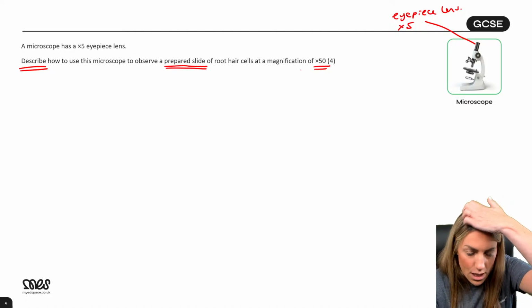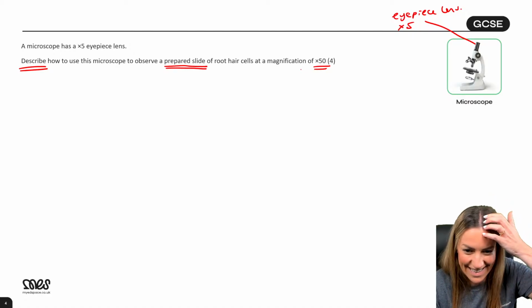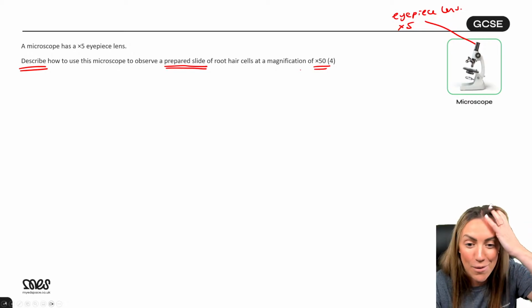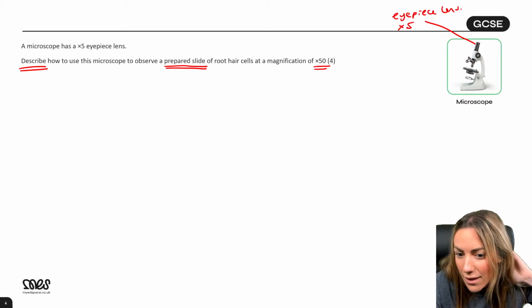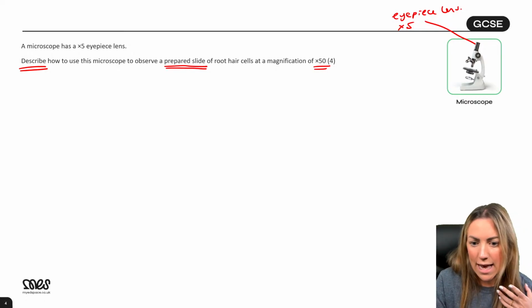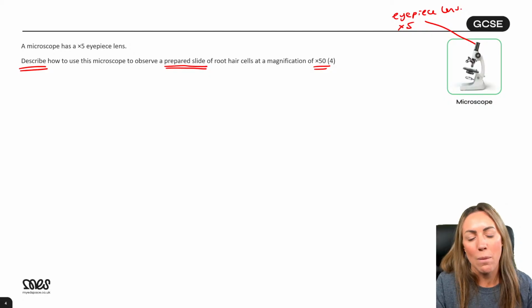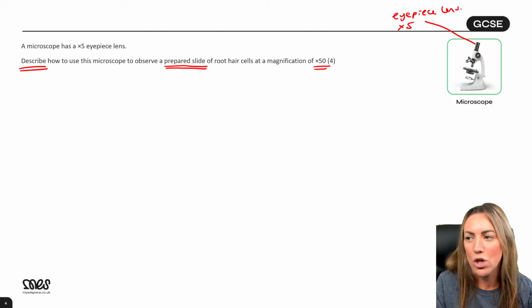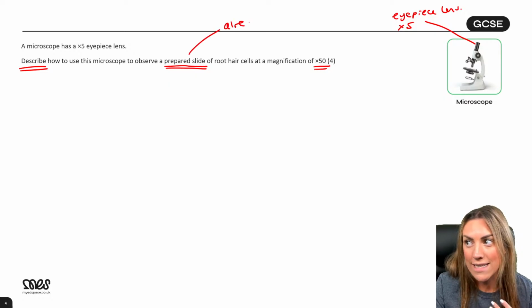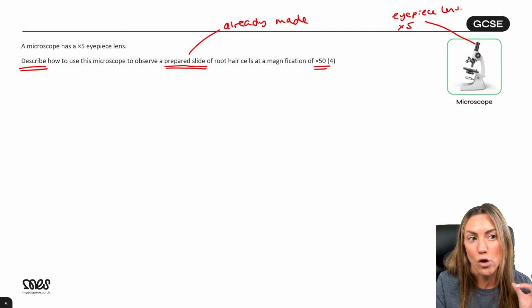Okay, now, it's AQA. Separate and combined, Jelly, separate and combined. Good spot. Right, Tilly, I'm going to just pull you up on that. I'm glad you said it. I was hoping someone would. You don't have to talk about making the slide in this question because, Tilly, they've given you a prepared slide. So it's already made, right? That's why this is only 4 marks. They've already made the slide.